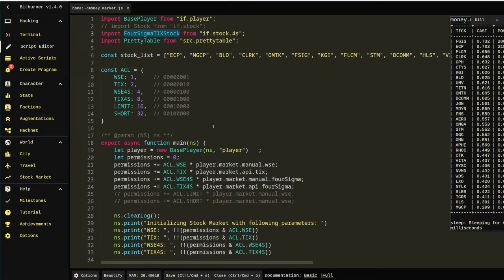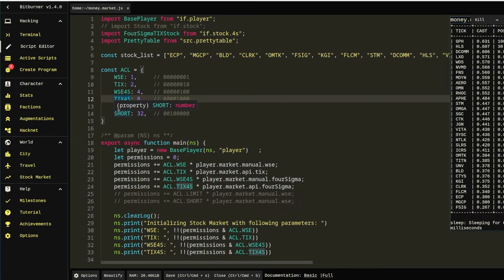And we don't want to choose a specific parent because we've already said you might be able to short without having tix4s. You might need tix4s. So short can't inherit from tix4s, and it can't inherit from just your basic stock, because if it inherits from your basic stock, you won't have tix4s. And if it inherits from tix4s, well, what if you don't have tix4s? And so on and so forth. So it's a problem I have with JavaScript, but there is a workaround, and it's kind of a stupid one,